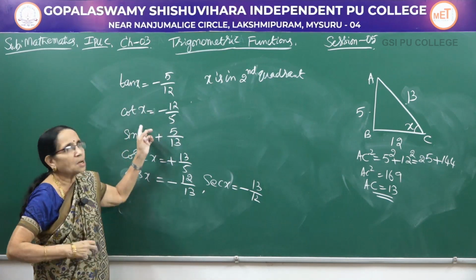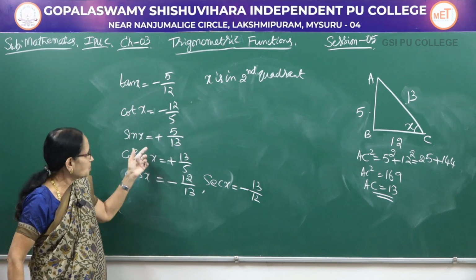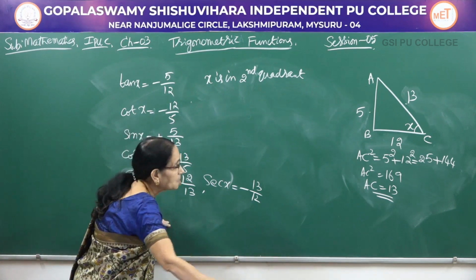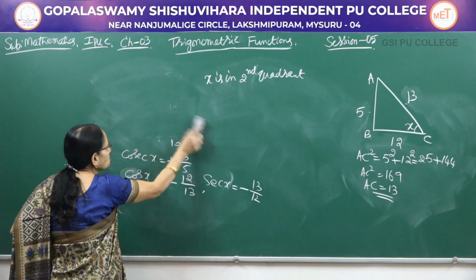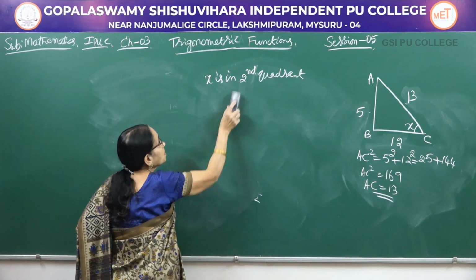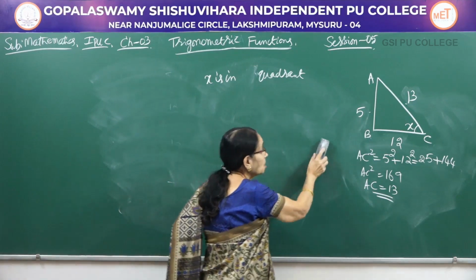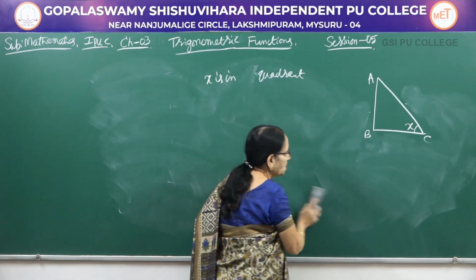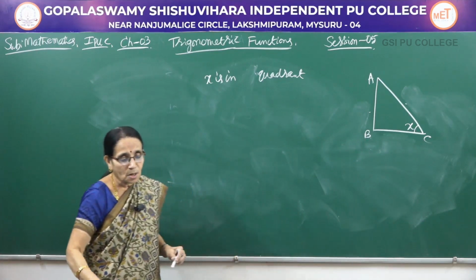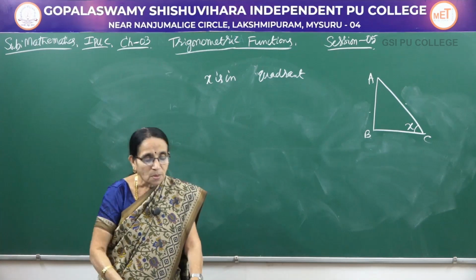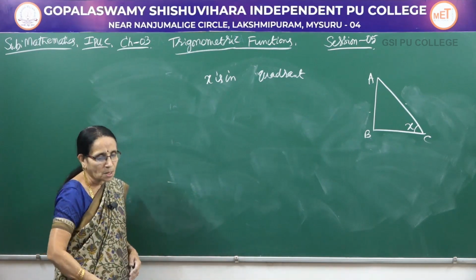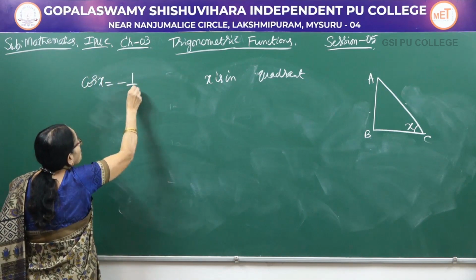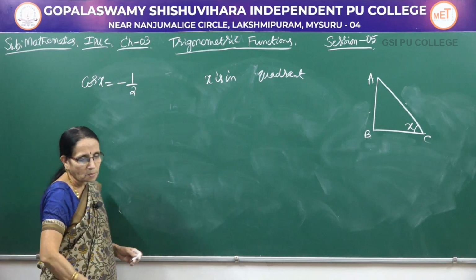So, one ratio is given, you can immediately write the reciprocal. And afterwards also, one ratio, write the reciprocal, so that you will not be missing any ratios here. So, remember this procedure. Always see which quadrant that angle has been given to us, and which ratio is positive or negative in a particular quadrant. Now, let me consider another ratio, cos x is equal to minus half.